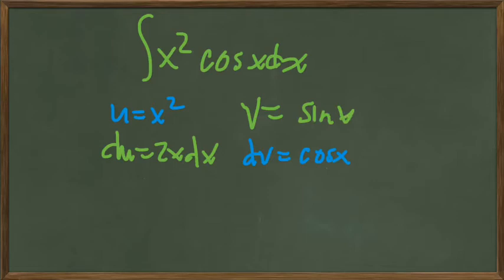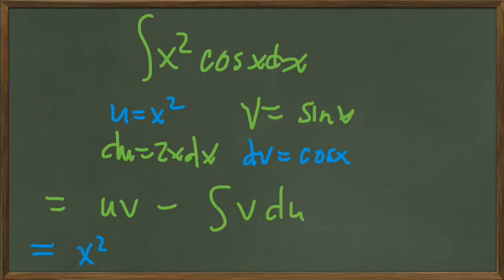We plug it into the parts formula, uv minus the integral of v du, and we get x squared sine x minus the integral of v times du, which is 2x